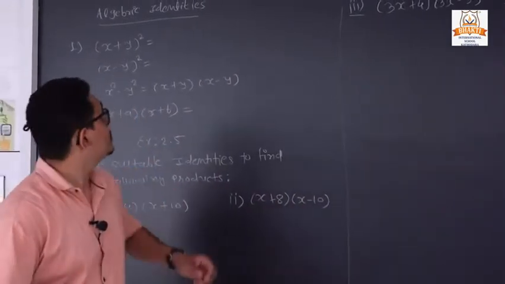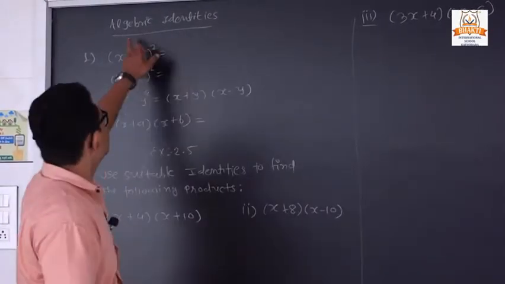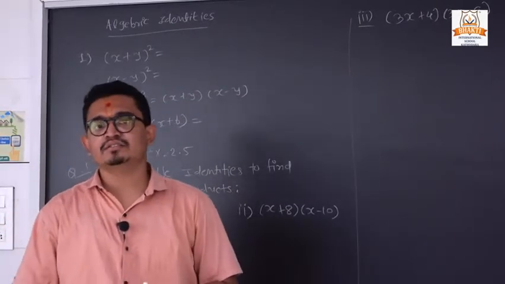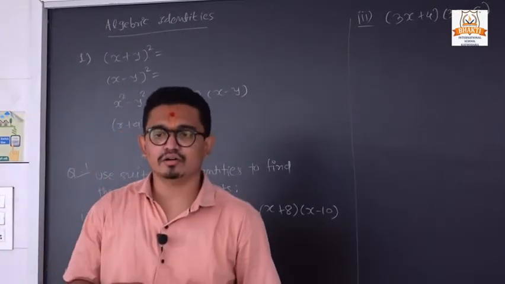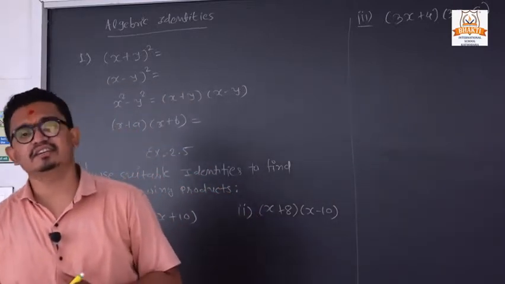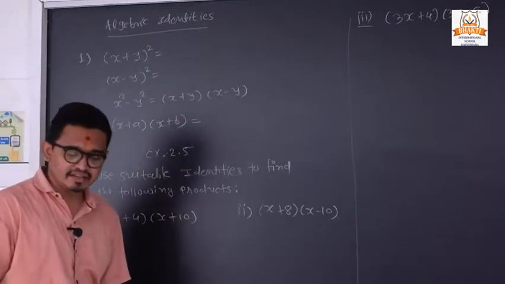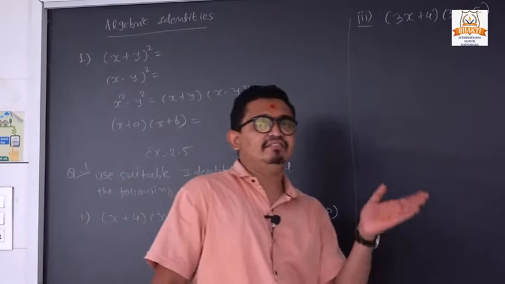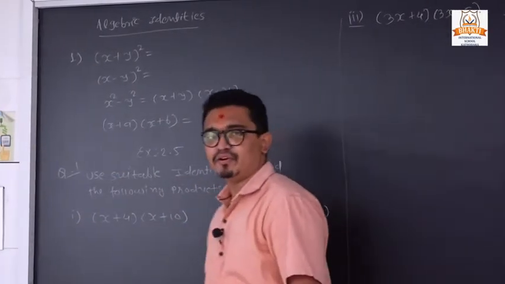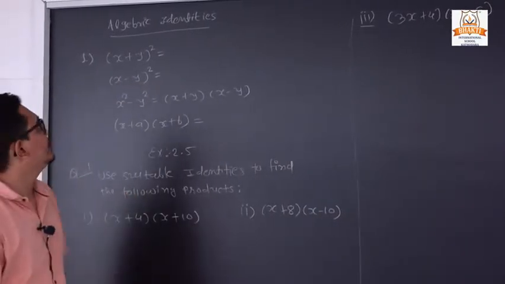In the last lecture we discussed polynomial division, the remainder theorem and the factor theorem. But in today's lecture we are going on to the next topic: algebraic identities. We have a number of identities, but in 9th standard we have 4 identities: 1, 2, 3 and 4. How can we apply these identities in a real situation or an example? We will see that, but before that I will explain each identity and how we can remember it.